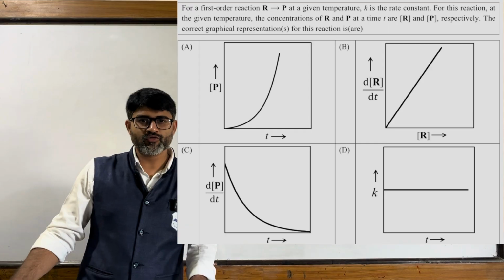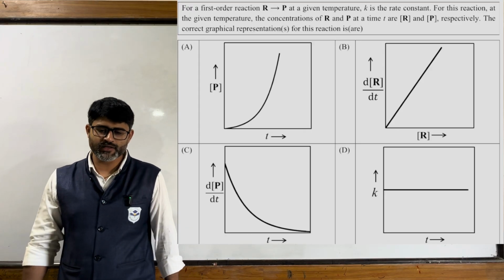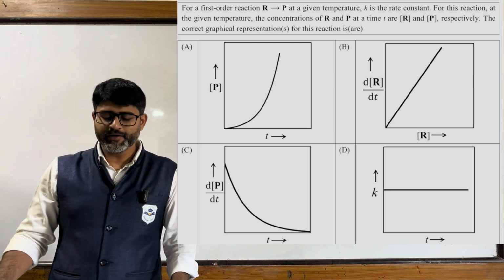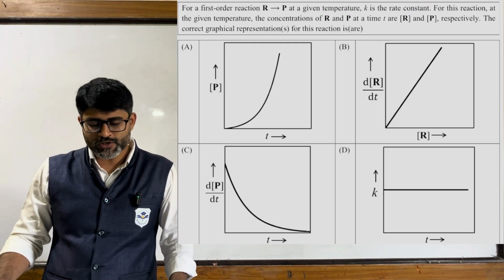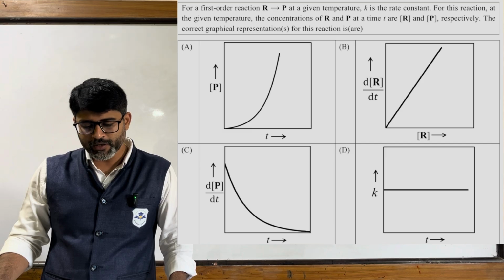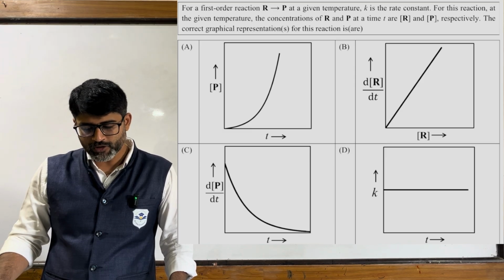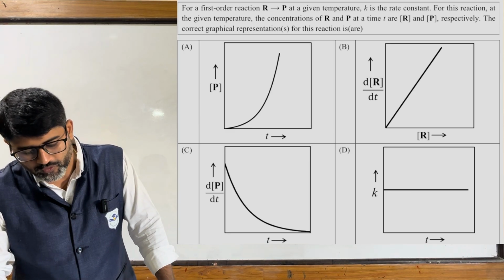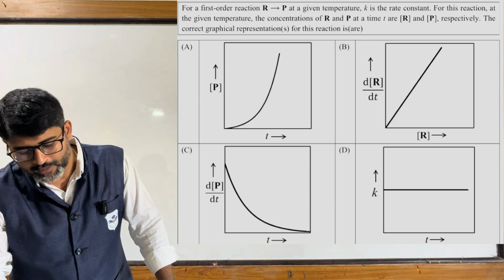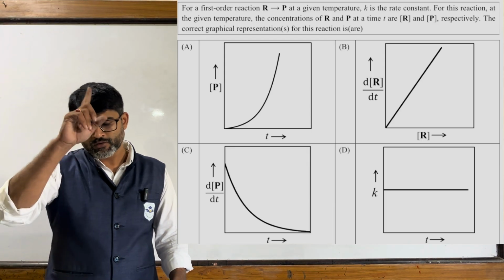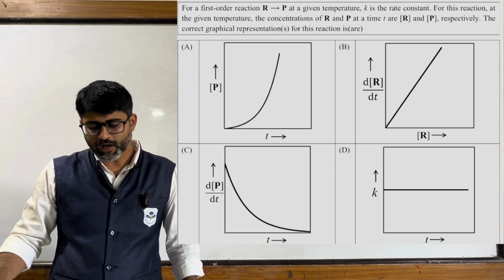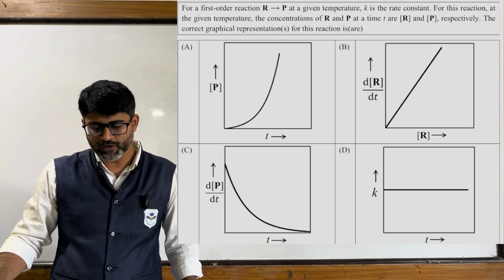Hello students, this is a question from JEE Advanced 2026. This question is from the chapter Chemical Kinetics. The question is: for a first order reaction R giving P at a given temperature, k is the rate constant. For this reaction at a given temperature, the concentrations of R and P at time t are [R] and [P] respectively. The correct graphical representation for this reaction is: